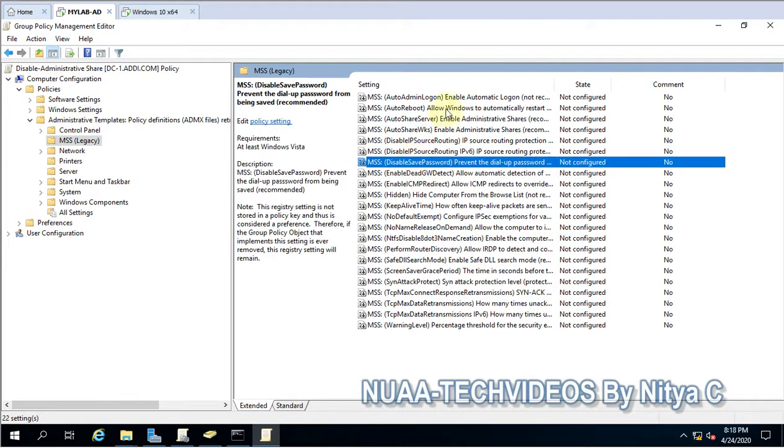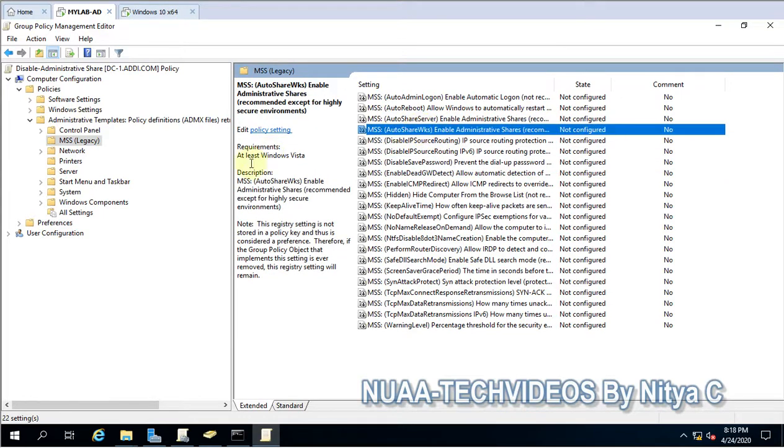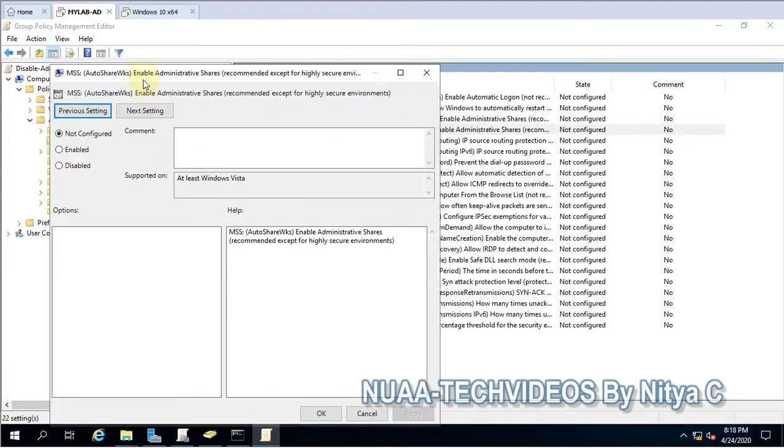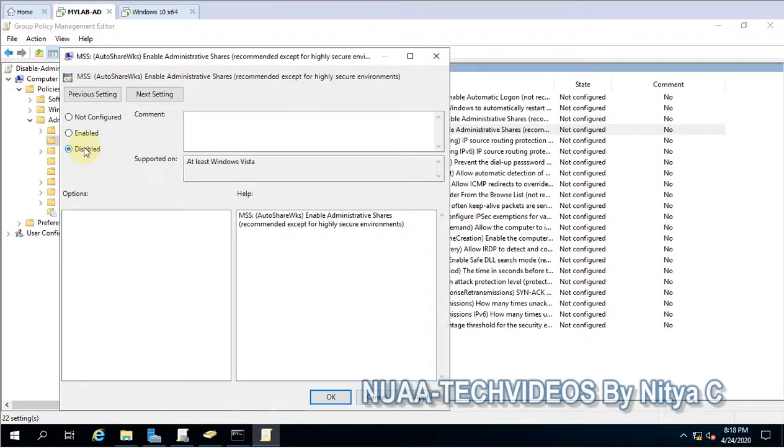Here we have some settings, but we have to check for this setting. You can see the description. This is for enabling administrative shares, recommended except for highly secure environments. So this is the setting, and here you have to disable it.